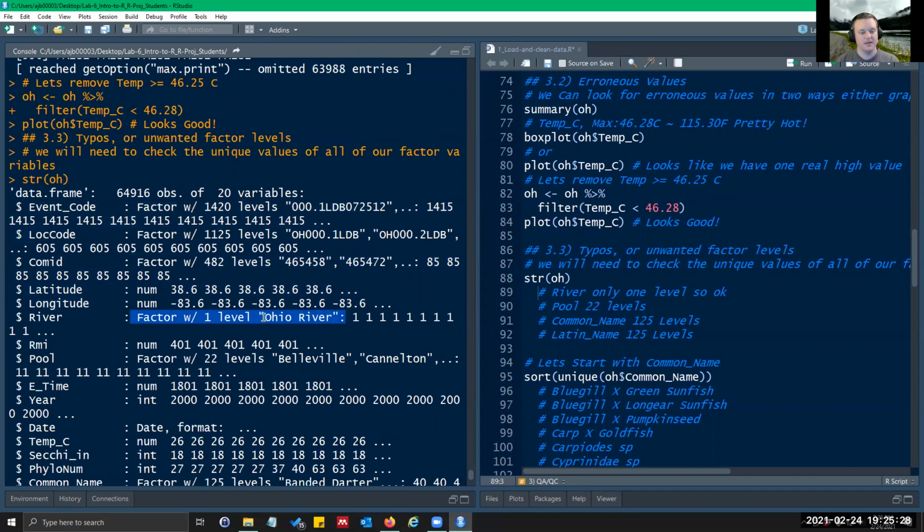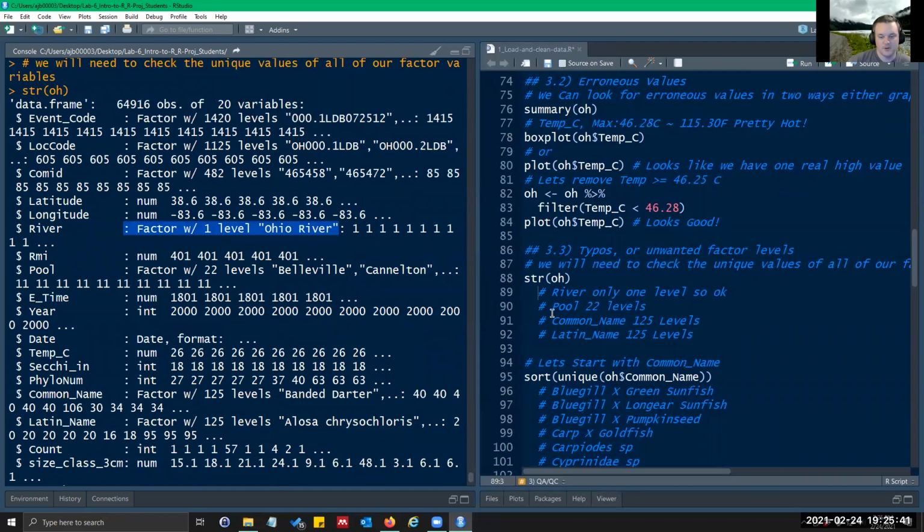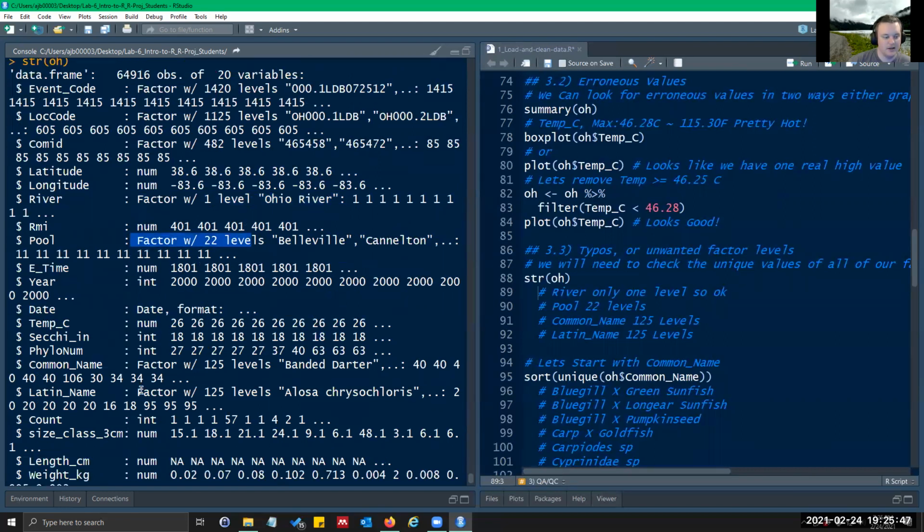As long as it's Ohio River, as long as it's 1 level, I know there's no typos in there. So pool, there's 22. I want to check that and make sure those are all good. And then I have my common name, which is 125, and Latin name, which is 125. It looks good initially. They should be the same number.